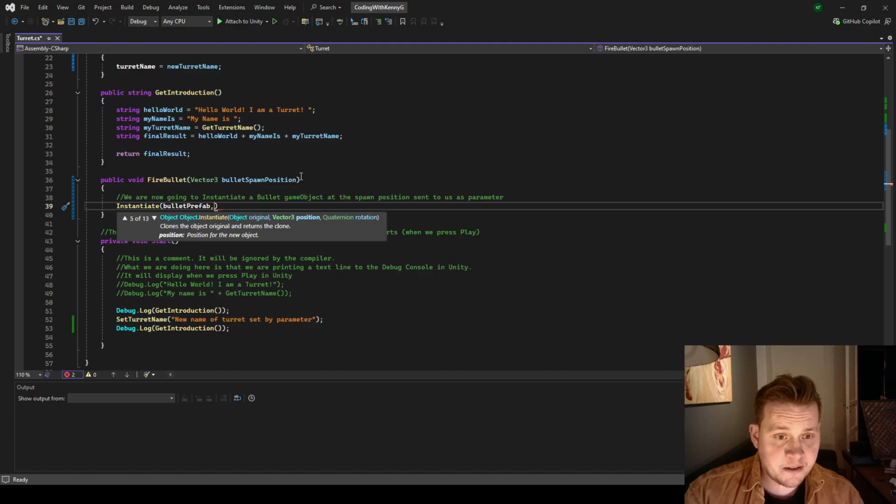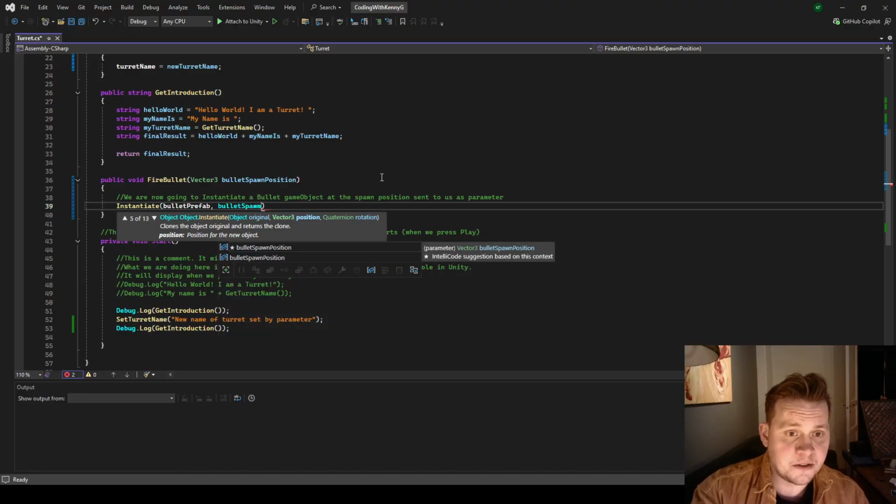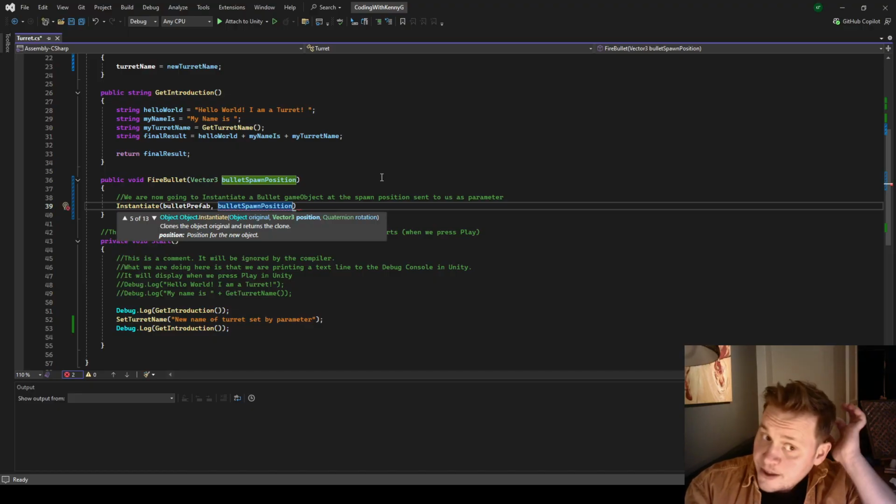Then we're gonna write the parameter that we send in here, because that's where we actually want to spawn the bullet in the 3D game world. So we're gonna write bullet spawn position, and then